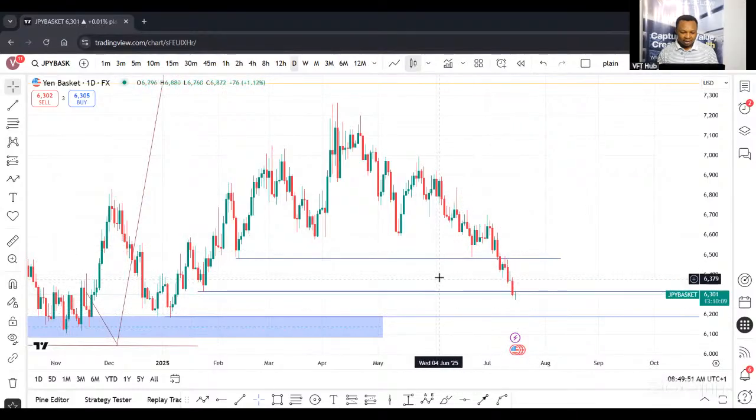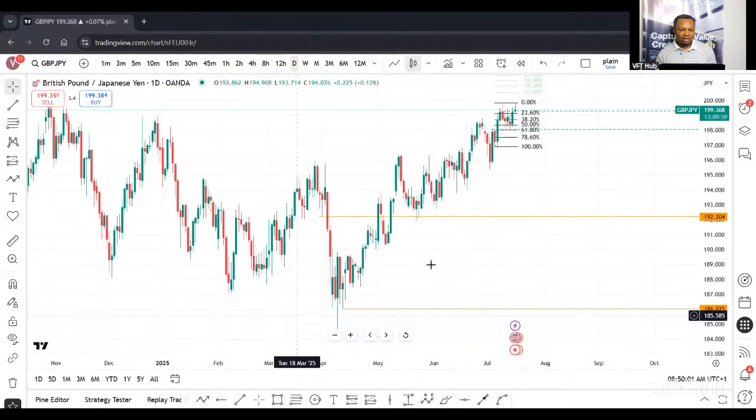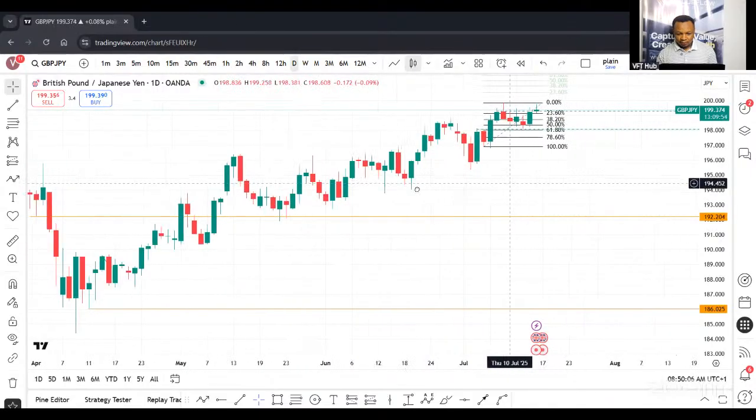So for the yen basket, I'm expecting a sell trade. I'm expecting a sell bias, a bearish bias on the yen basket into the remaining parts of the week. Now let's take a look at how that affects GBP JPY and Euro JPY. Now for GBP JPY,